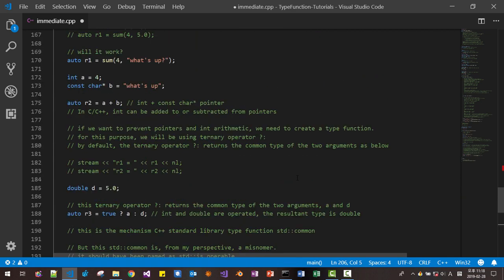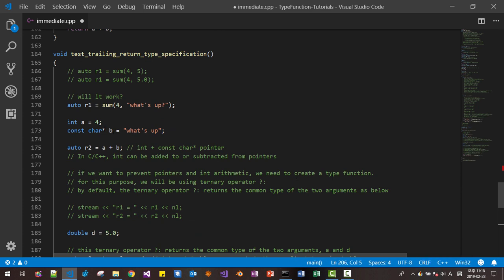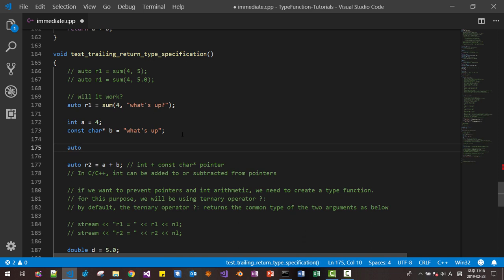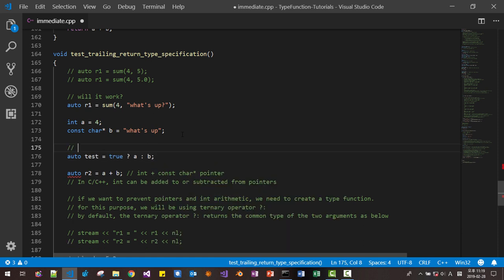Now here we define A and B, where A is int and B is a character pointer. We can try like this: auto test = true ? A : B. What is the common type? An int and a pointer.